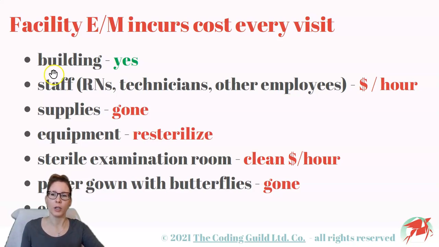What is unique about these material services that the facility provides is that most of them perish during their use. Of course, the building remains, but the nurse already used up their 15 minutes on the patient. They will never get this back, and it will have to be reflected in the wages the facility will provide. Some supplies are just gone during the exam, for example, spatulas. Some equipment might need to be restocked or re-sterilized. Same goes for the examination room. And the patient's paper gown or bed sheet also need changing. As you can see, the facility will incur costs the moment the patient passes through the examination room door.